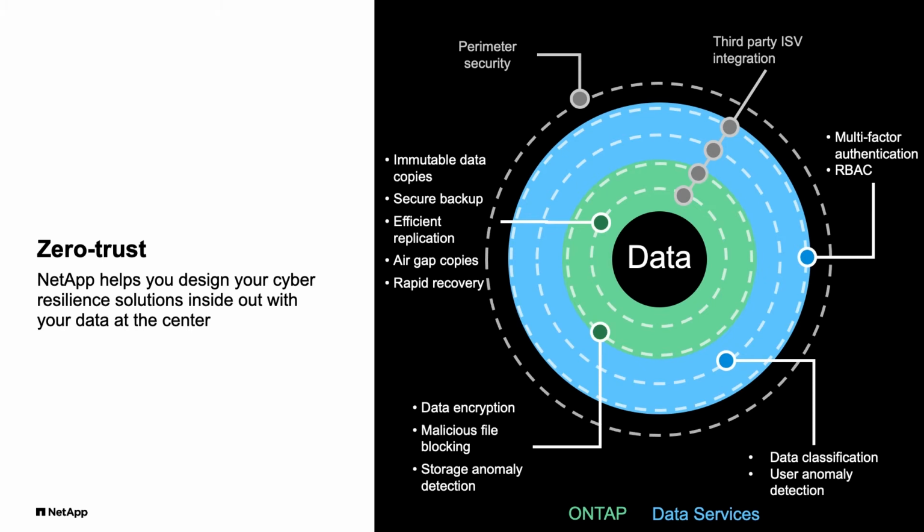ONTAP includes in-flight and in-place data encryption. ONTAP FPolicy identifies users' access to data and can also prevent malicious files from being written to disk. And a new built-in machine learning-based feature, autonomous ransomware protection, can observe data entropy indicative of potential malware attacks. We layer on top of ONTAP intelligent data services that add additional protection, such as Cloud DataSense, which can